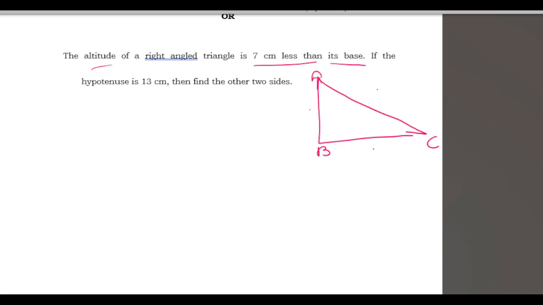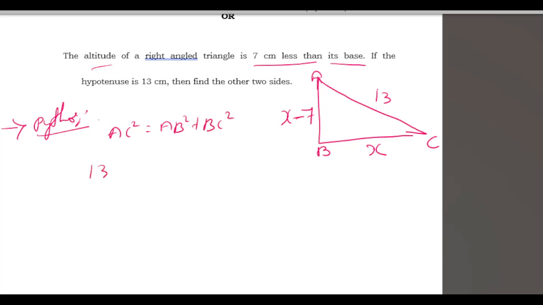The altitude is 7 centimeter less than the base, so take the base as x, and 7 centimeter less is x minus 7. The hypotenuse they give is 13. So according to Pythagoras, AC square is equal to AB square plus BC square. So AC square is 13 square is equal to AB, that is x minus 7 whole square, plus x square. Next, 13 square means